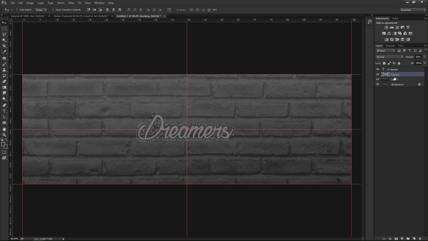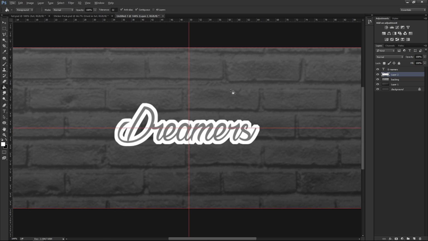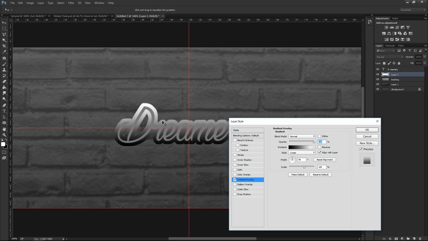And I'm going to make a new layer underneath my text, and I'm just going to make it white. Doesn't really matter what color it is, but I do this because adding a stroke, you have a little bit less control over some things, but yeah. Here I'm going to add a gradient overlay on top of that kind of outside stroke